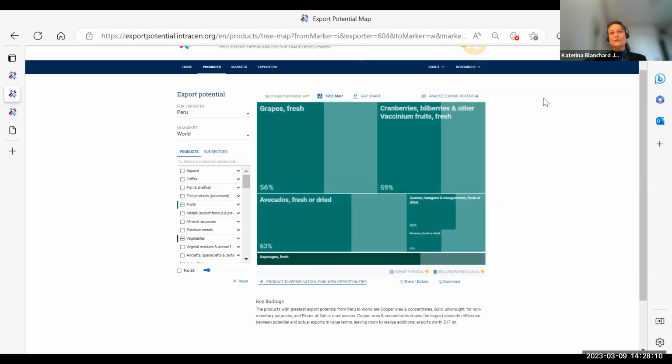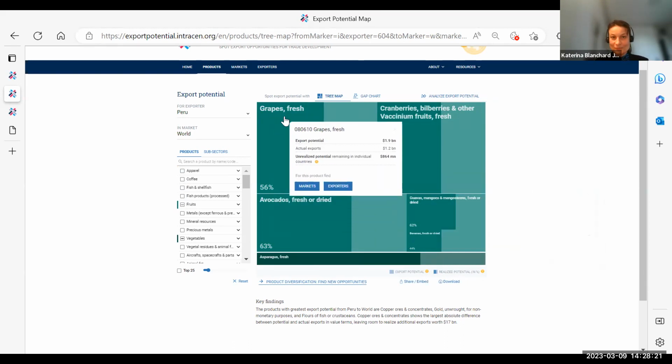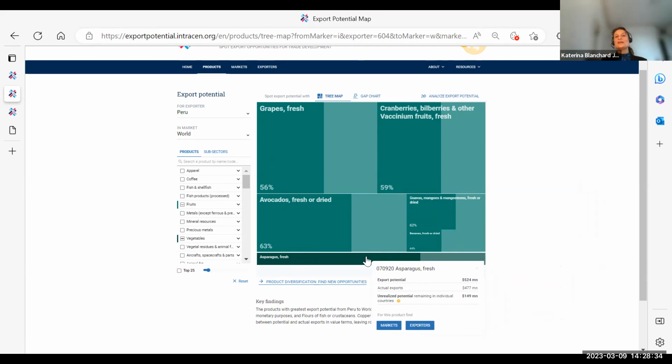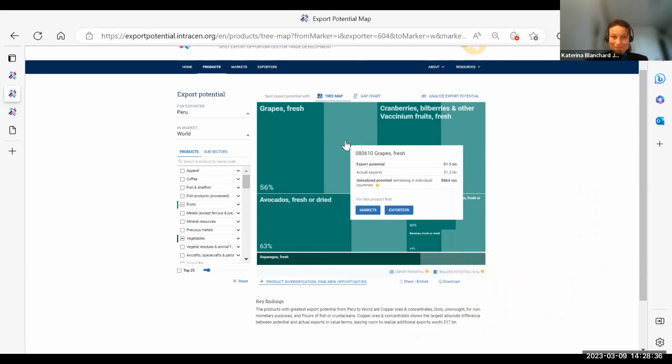Okay, so if we focus on fruits and vegetables only, we will see that Peru has quite a big export potential for the following products: fresh grapes, cranberries, bilberries and other fruits, avocados, for example, guavas, bananas, and asparagus. And now, if we focus on fresh grapes,